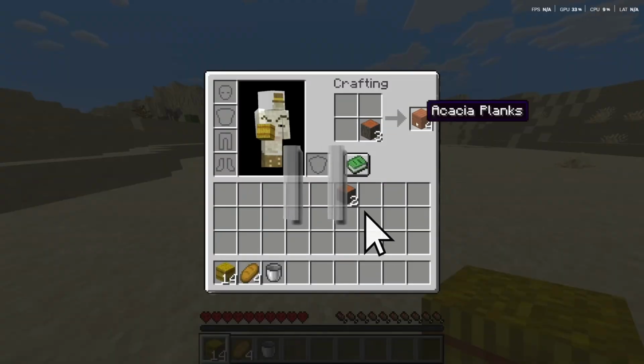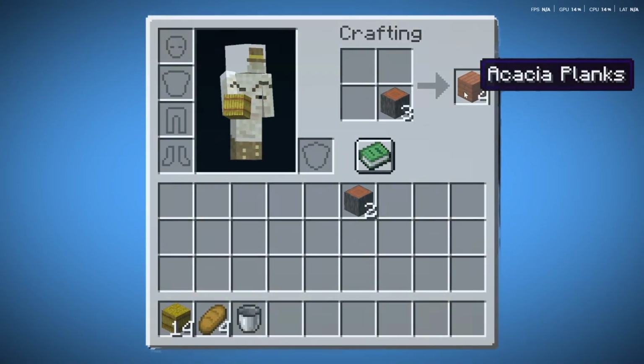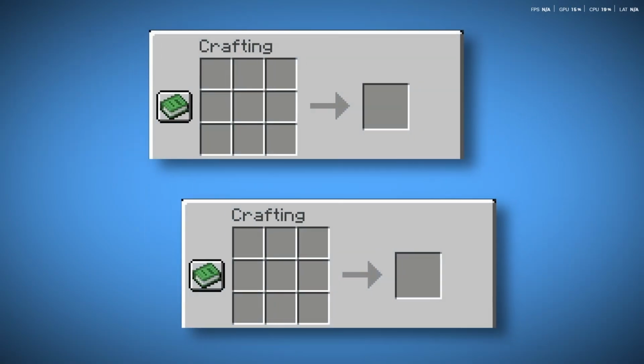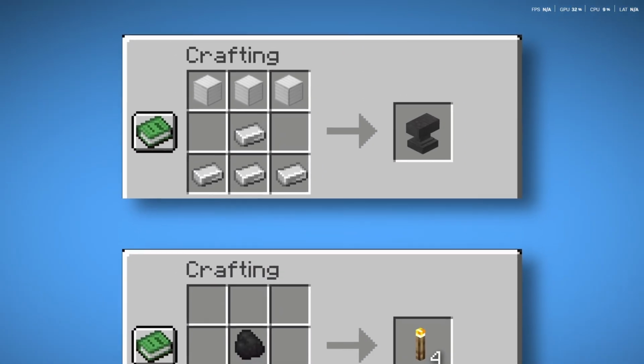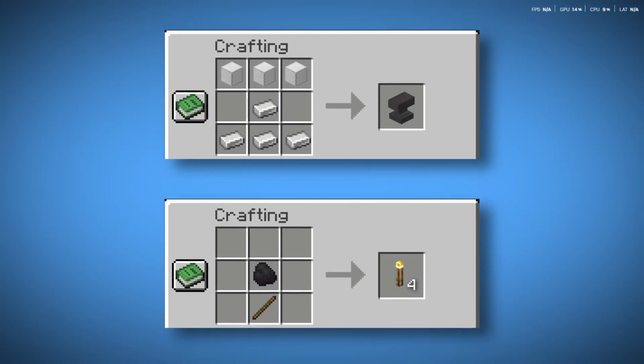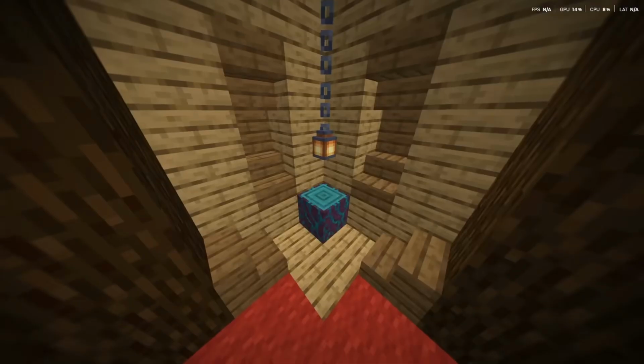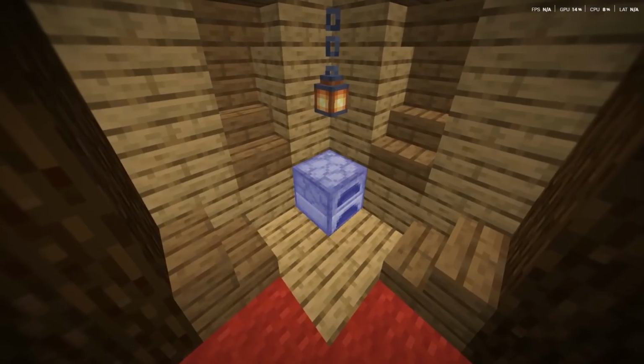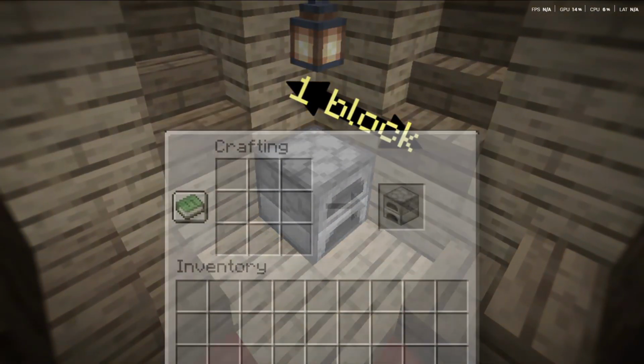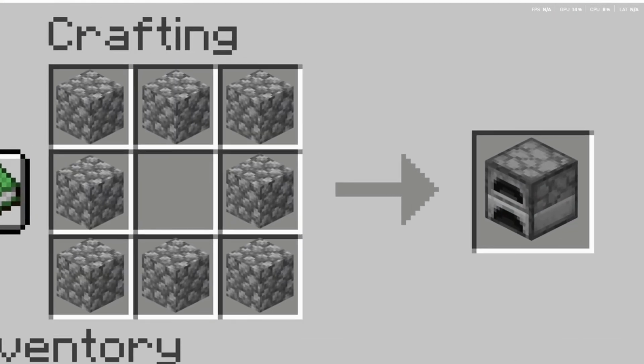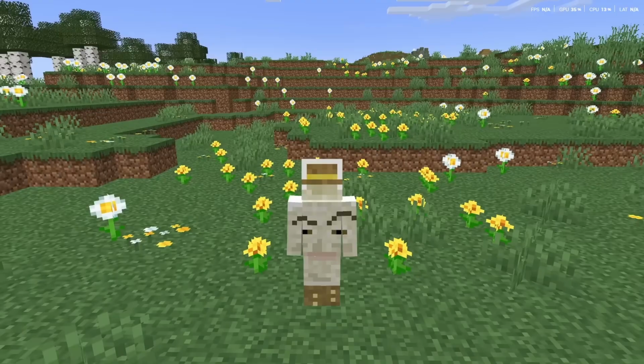Hold on. Remember how earlier I said that there would be some other rules that had to do with the law of conservation? Well, because we can't create or destroy matter in any shape or form, there are going to be a lot of illegal crafting recipes. Think about it. Take, for example, a furnace. This thing is 1 block big, right? Look at the crafting recipe. Yep, I count 8 cobblestone, and I'm not a physicist.